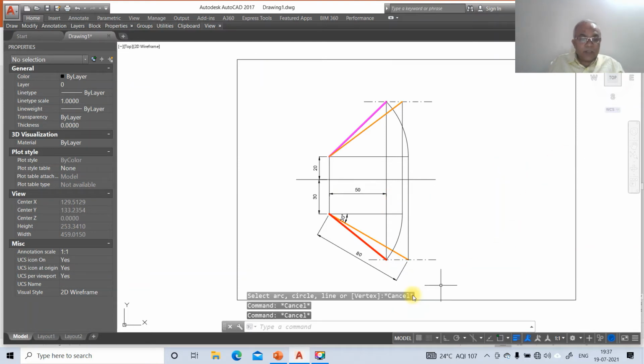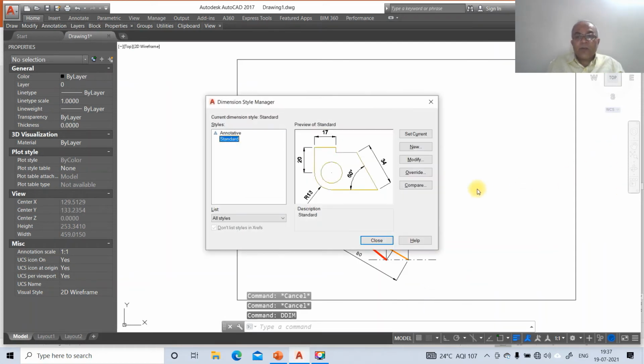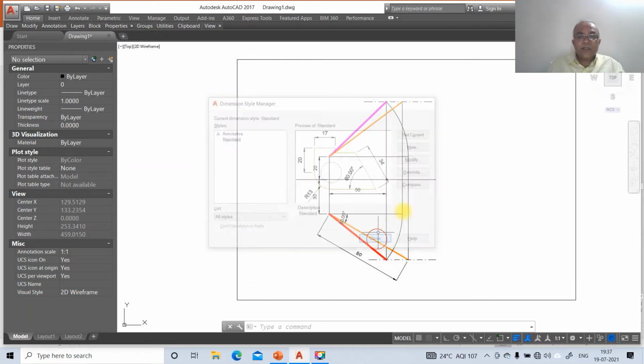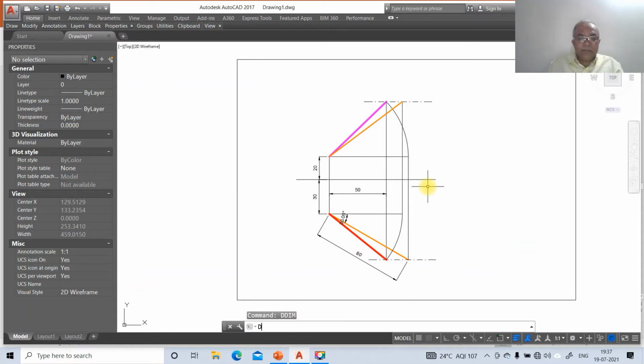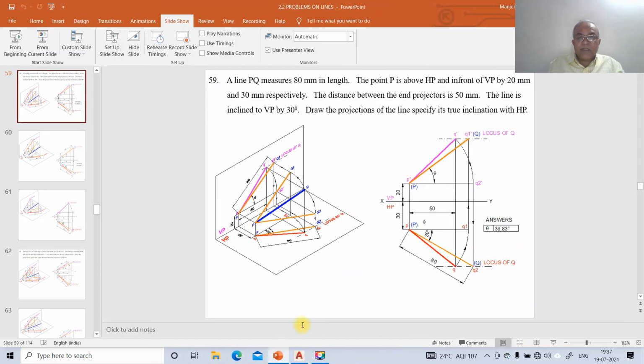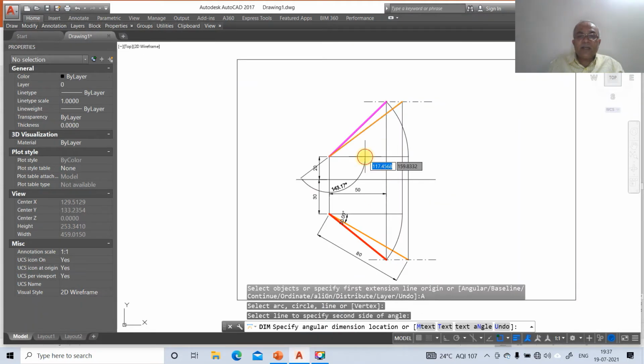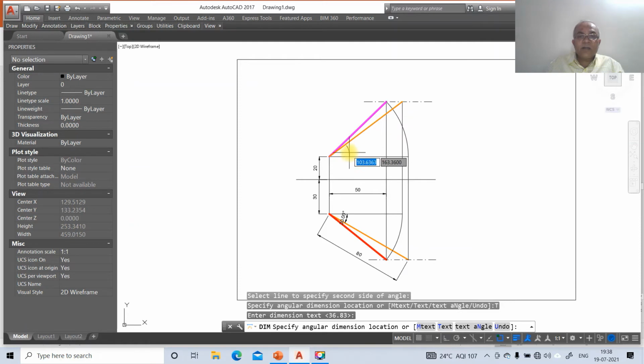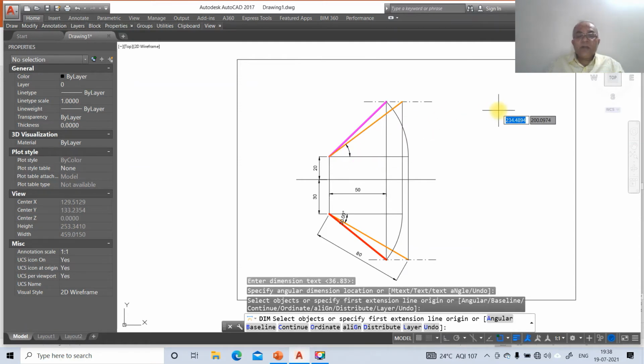To do that, I will go for DDIM, then go to modify, then go to primary units, the angular dimension, take a second decimal point and say OK and then say close. Then dim, go to angular, select between this line and this line, so you're going to get it as 36.83. Then go to text, give space, enter, and you take it.